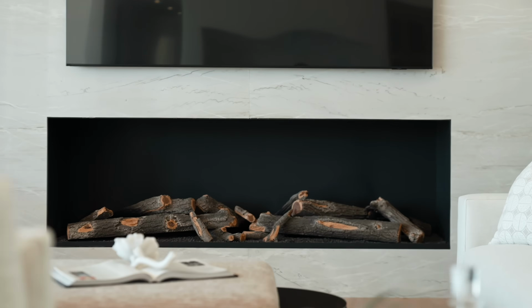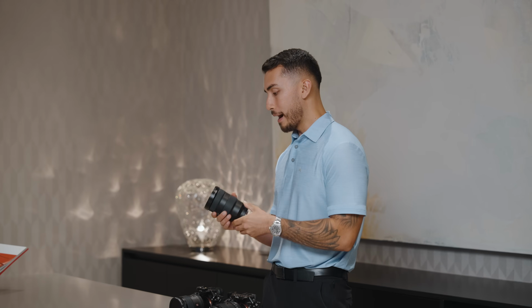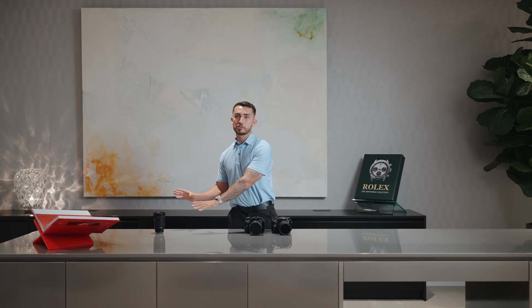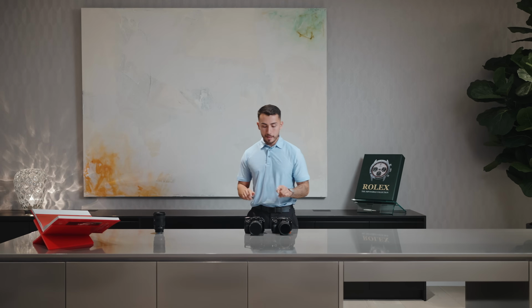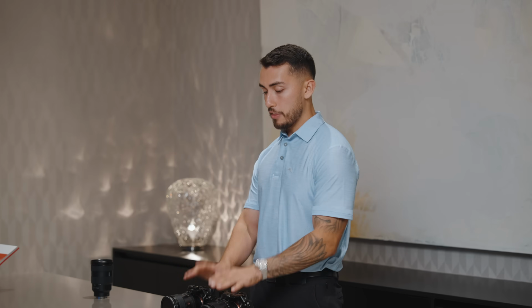Now, you're probably wondering, well, what lens do I start with? Well, let me start off with what lens you don't want to get. This lens is, once again, just fairly decent. It's the 24-70. Remember the 16-35? We'll just put that to the side. It's just not that sharp. I mean, let's just be real. It's really not that sharp. If you're looking for tack sharp, you're gonna wanna use Sony lenses, and there's 2 lenses. There's one that you need, and there's one that you get